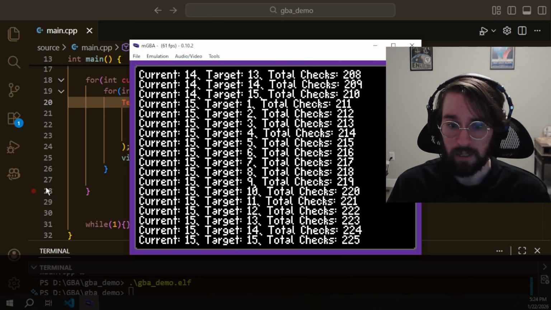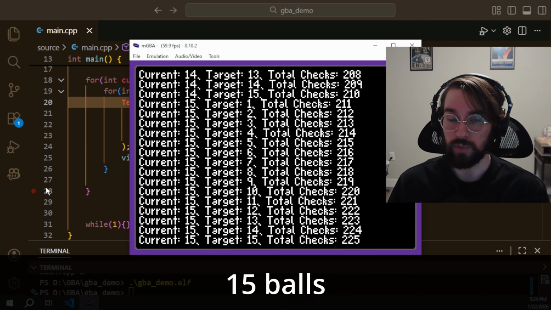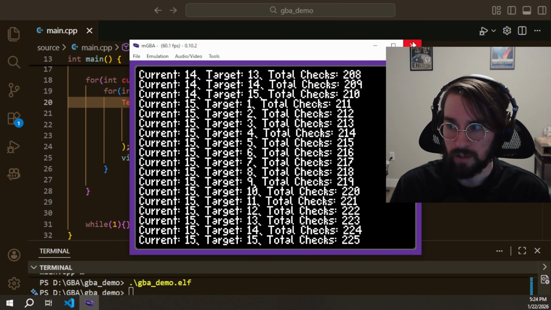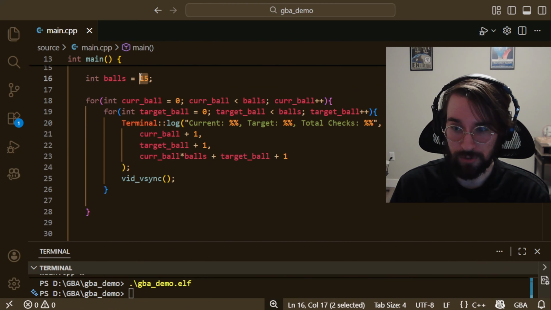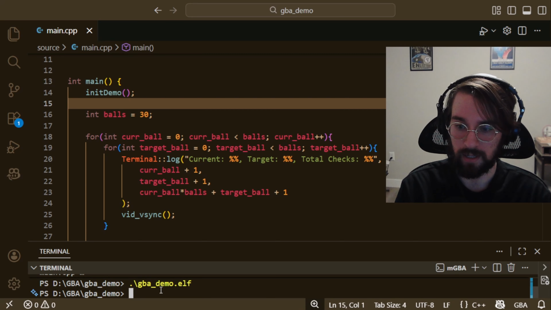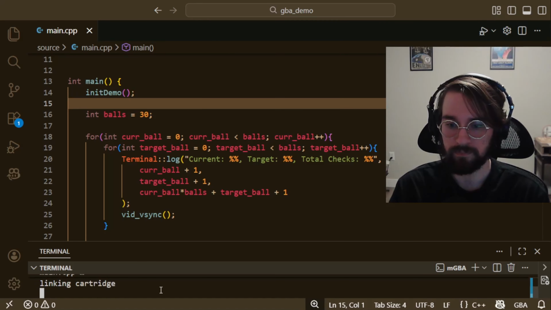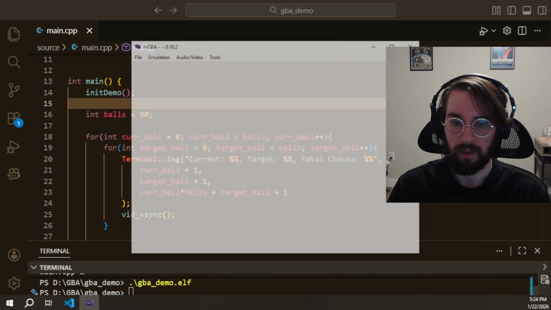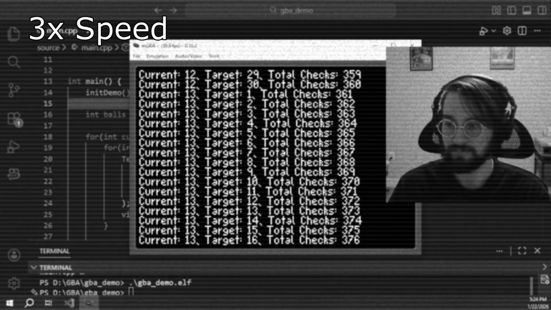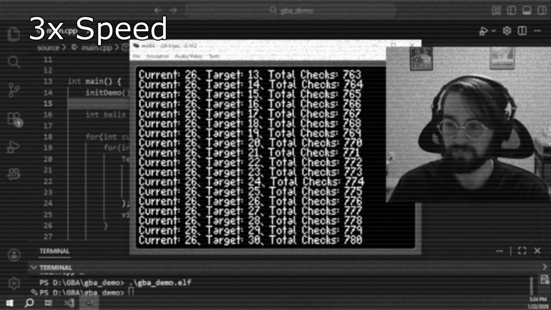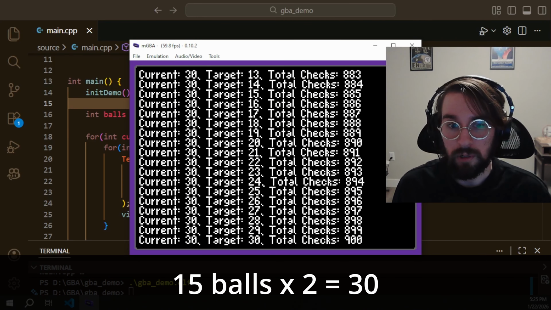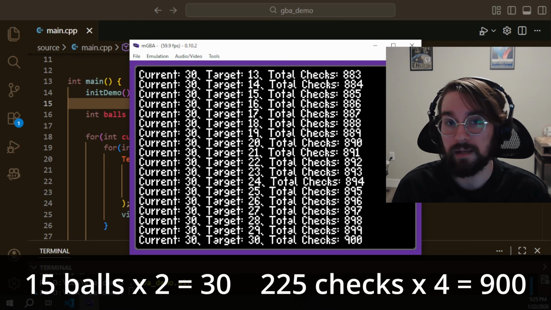And you can see for comparing 15 balls to each other, we need to do 225 calculations. What about if this number needed to be 30? Just double the amount of balls. We can go ahead and make it one more time, and then run it. And this is going to take a second. You can see we doubled the amount of balls, but we actually have to do 4 times the amount of